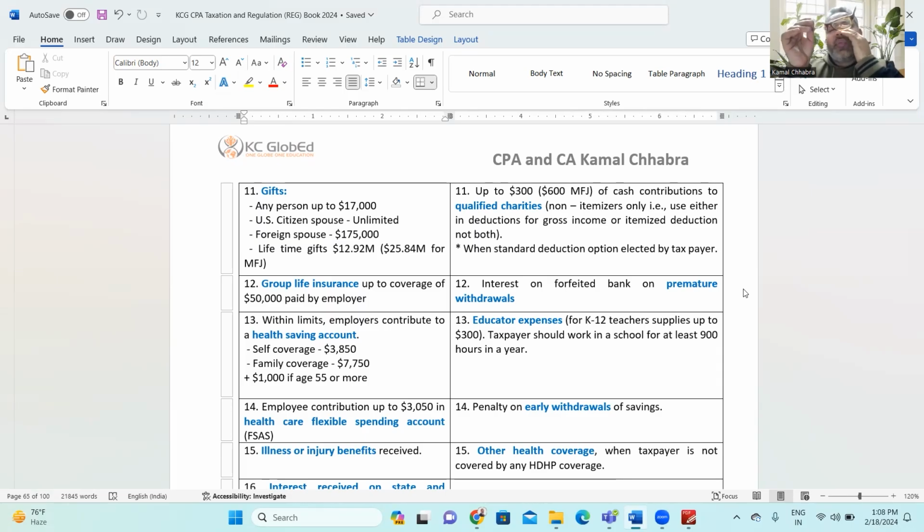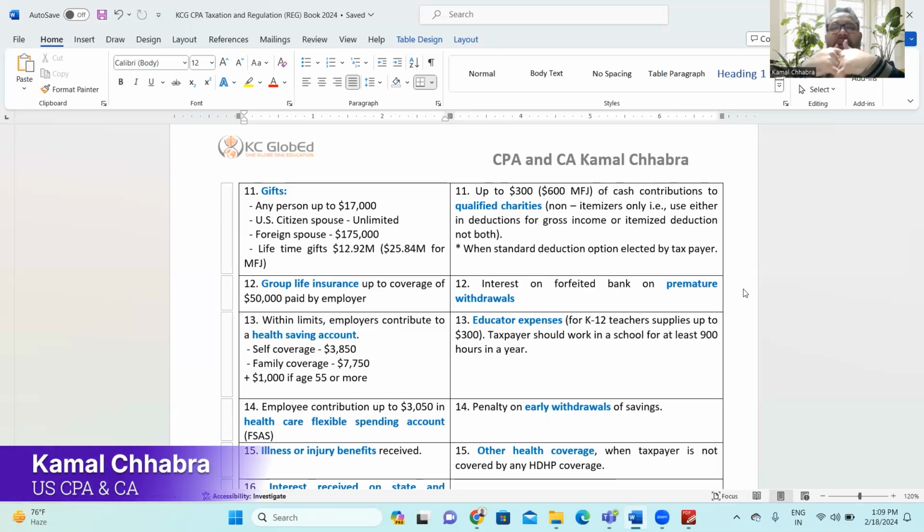So, in terms of deduction, if you remember, it's income minus the exclusion. And from exclusion, you will be further minusing this deduction to arrive at adjusted gross income. And from the adjusted gross income, you have to choose either the standard deduction or itemized deduction, whichever is more beneficial to the taxpayer. That means sometimes standard deduction is more beneficial, or there may be a possibility that itemized deduction is more beneficial for the taxpayer.